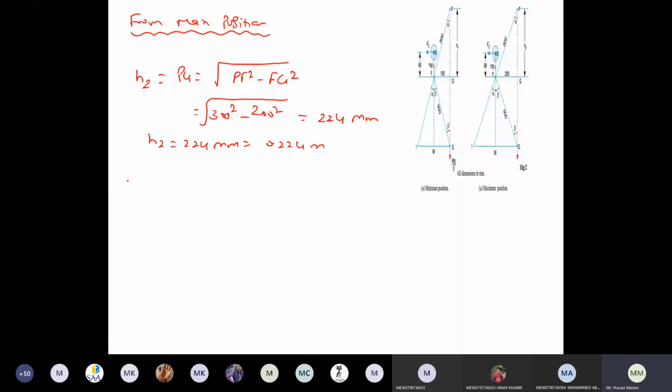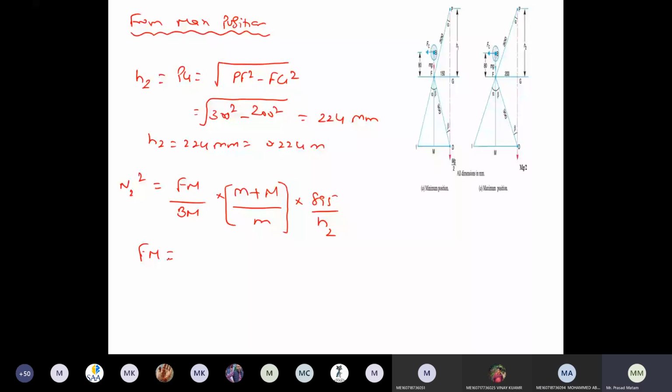Okay. Now try to find out the N2 square value. What is N2 square formula again? FM by BM into small m plus capital M by small m into 895 by H. Already H we got, which is equal to H2. I am writing it as H2. Now try to find FM and BM values. What is FM here? From maximum position.